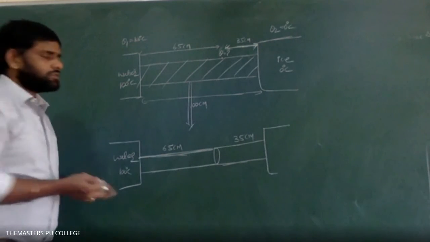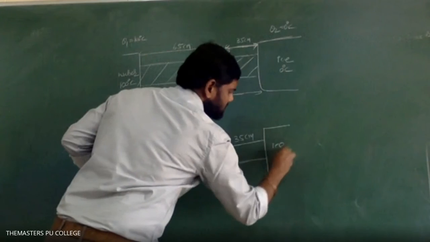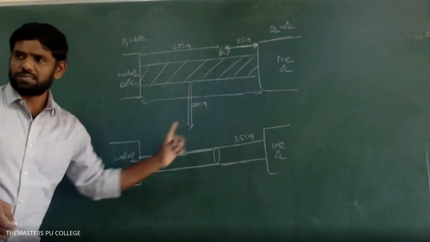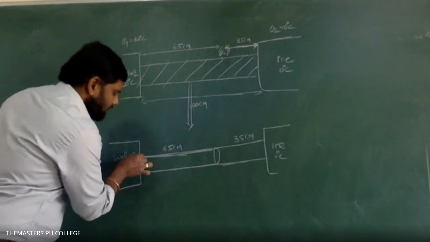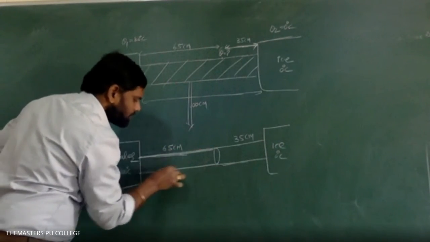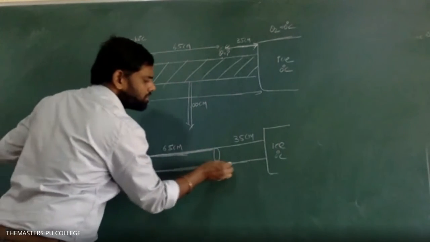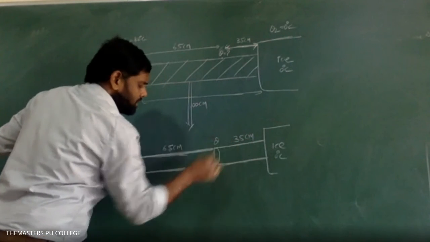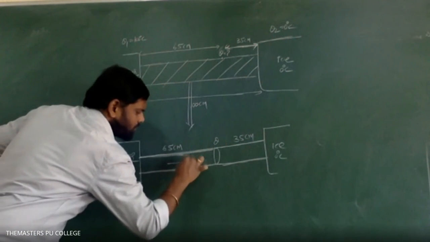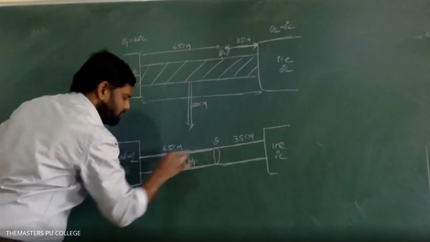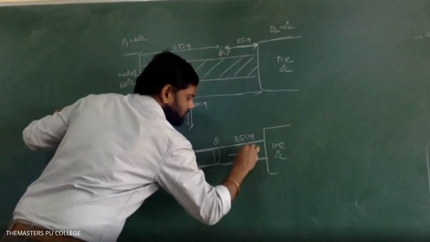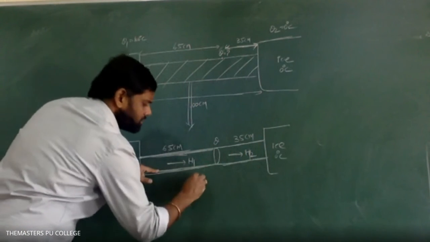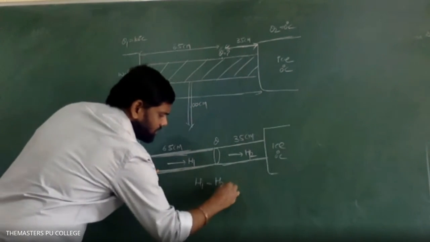Series only. So these two rods are able to be connected in series. Therefore, in series combination, what I told you, the rate of heat will be same in steady state. Whatever the heat that will flow through this part of the rod per second, the same amount of heat flow will be there through this part of the rod per second. Let it be theta. So H1 amount of heat is flowing through this rod per second, and H2 amount of heat is flowing through this rod per second. These two are connected in series, which means H1 will be equivalent to H2.